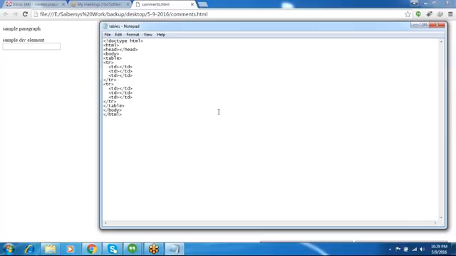So first row, first column, this is first row, second column, first row, third column,